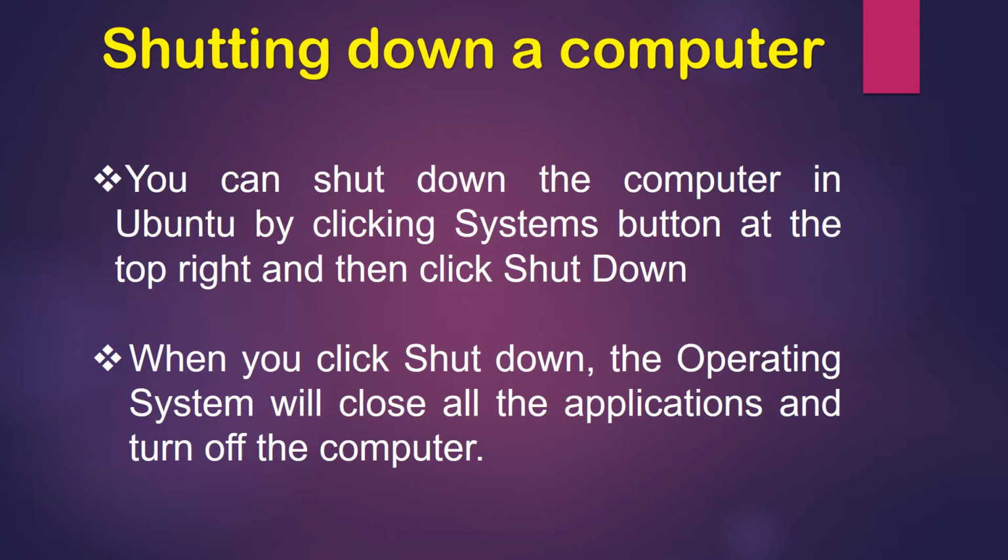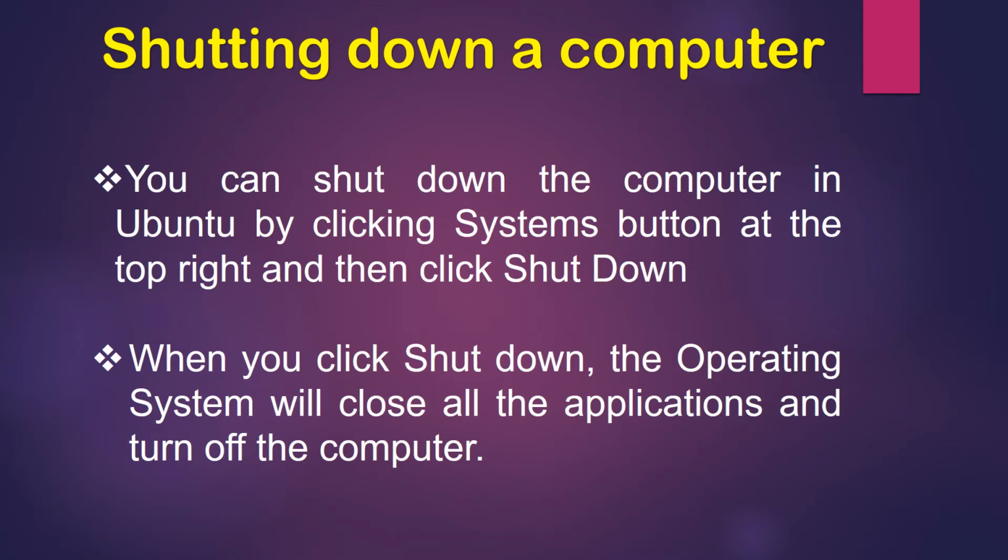If you want to shut down a computer, what you have to do? You have to click the shutdown option. Where is it present? If it is a Windows operating system, you have to click the Windows button. Immediately what you will get? Restart, shutdown, like that options you will get. In that power button you have, if you click that, it will show three options. What are they? Sleep, shutdown and restart. Again you have to click that power button, shutdown button. Likewise you can shut down the system in Windows operating system.